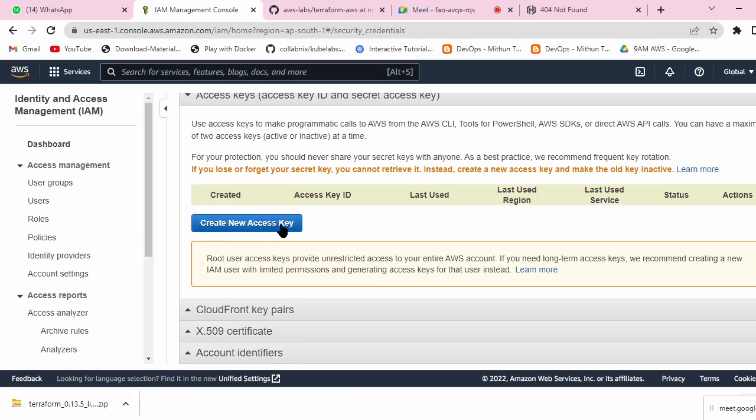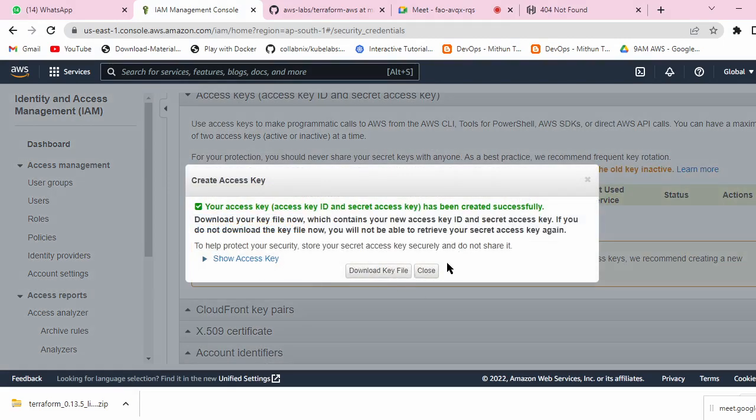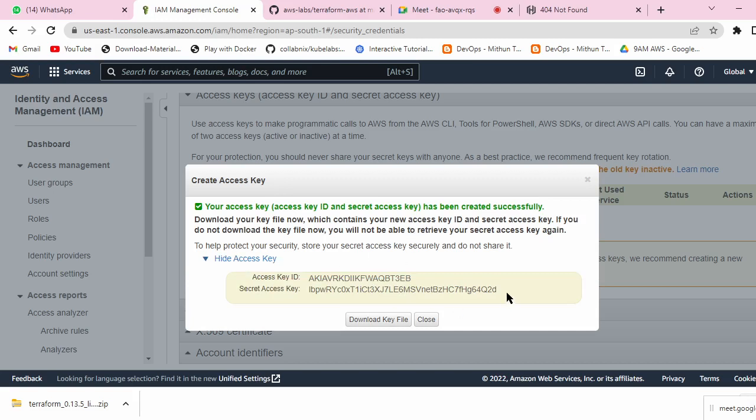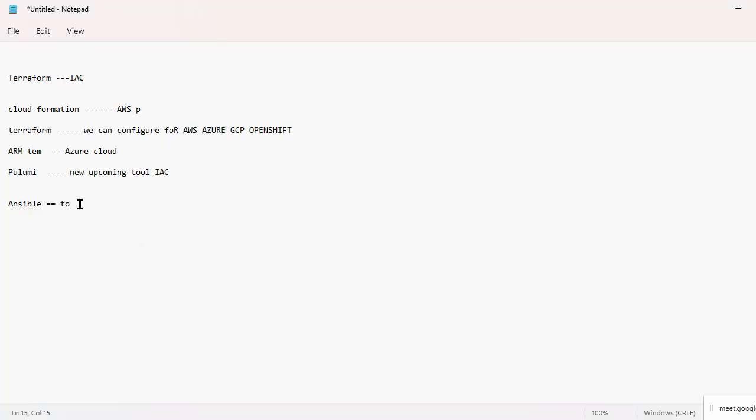Create new access key, download or show access key. We just copy this and paste in the notepad. We need these keys. With these keys only we are able to connect to the server.